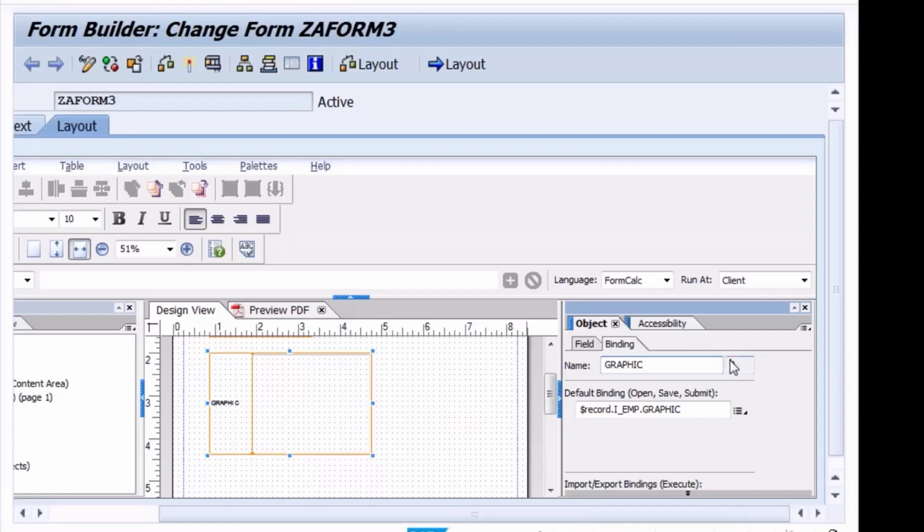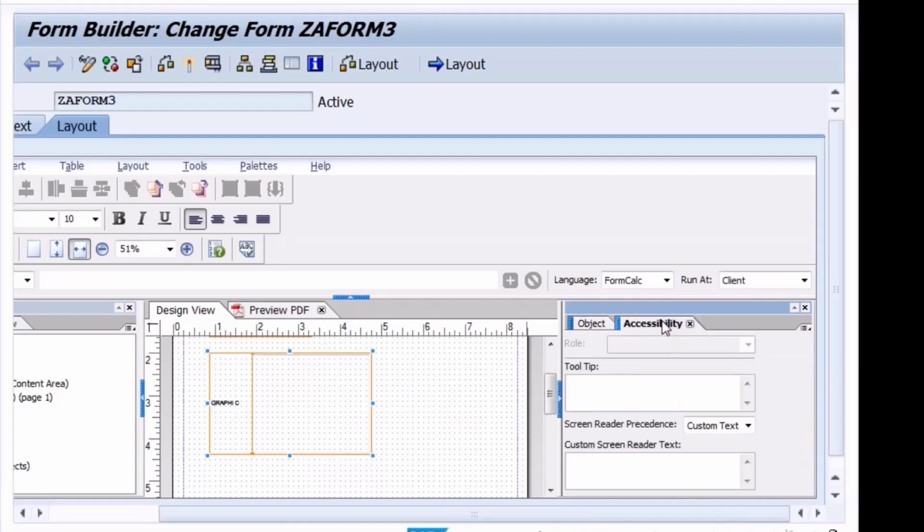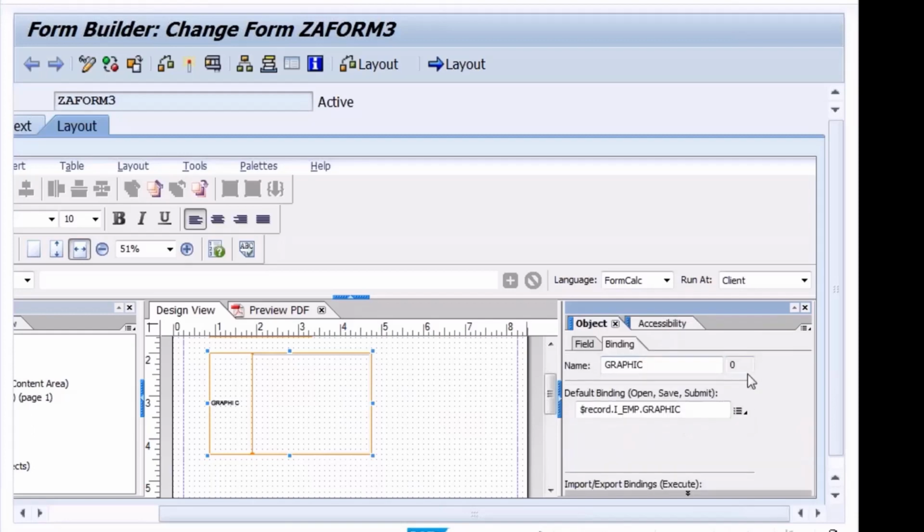So can't we write program lines for the graphic window directly instead of giving the name? No, to display any images in SmartForms, you have to go for graphic only, na? No, no, either some property is missing. I'm just binding.